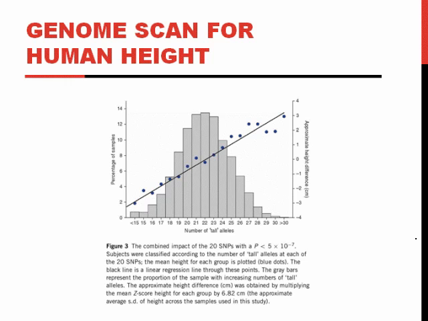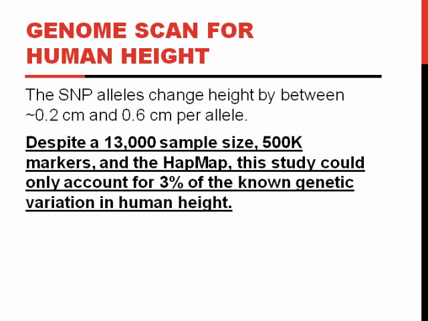The bottom line, if you look at from here to here where most of the people are, is there's hardly any difference in height. It goes from just a difference of about 2 centimeters. Again, you look at the effect where most of the people are, and all those genes together only predict about 2 centimeters of their height. So it turned out for these 20 genes or loci that they found, each of the alleles causes a change in height of about 0.2 to 0.6 centimeters per allele. So each tall allele you had would increase your height by between 0.2 and 0.6 centimeters,